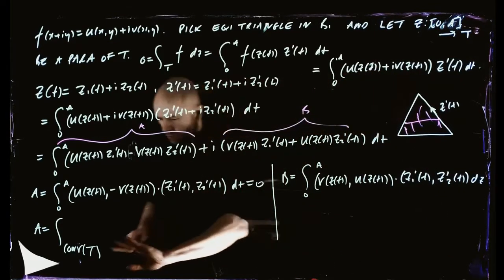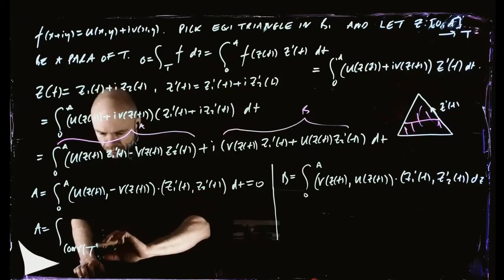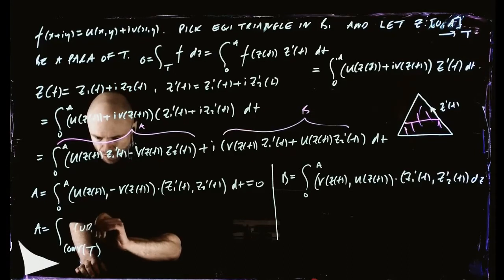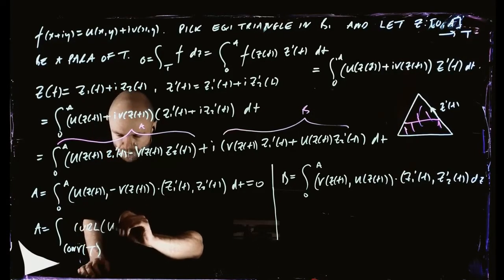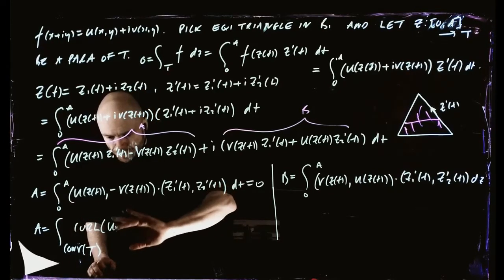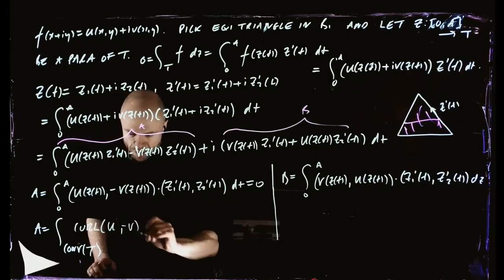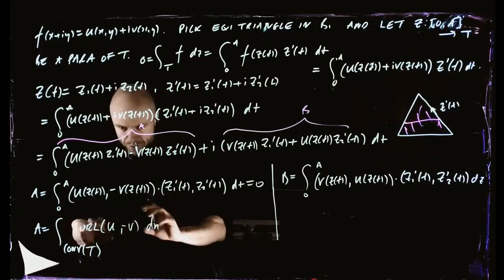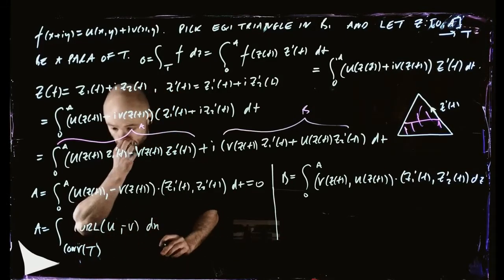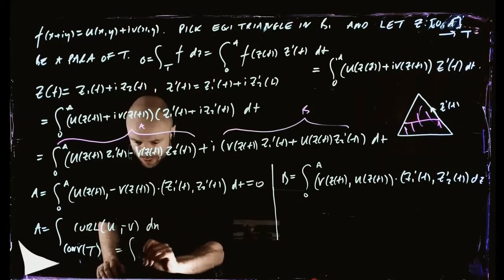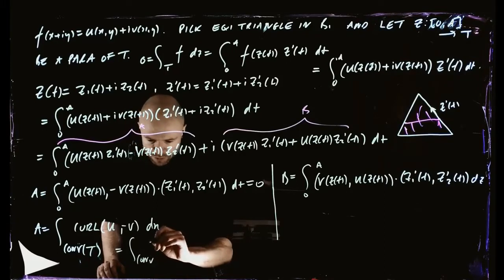So this thing is going to be equal to the curl of this vector field, u, and now we're going to write it. We're just going to write u and then minus v like this. And I'm going to write dx, where dx means the integral over the two-dimensional thing, right? So this thing is equal to the curl. And what's the curl? The curl is the integral in the convex hull of